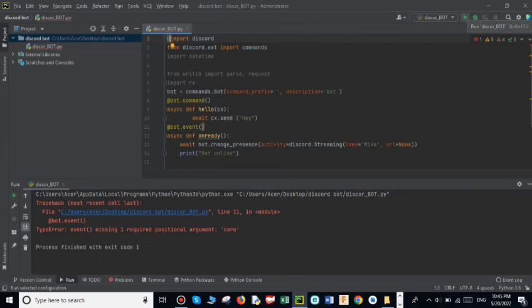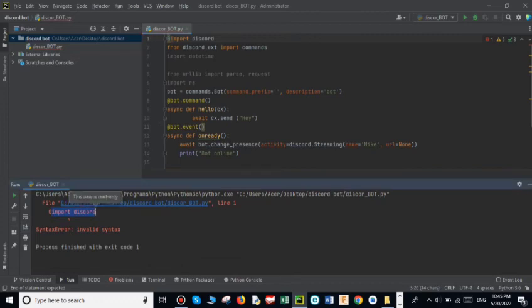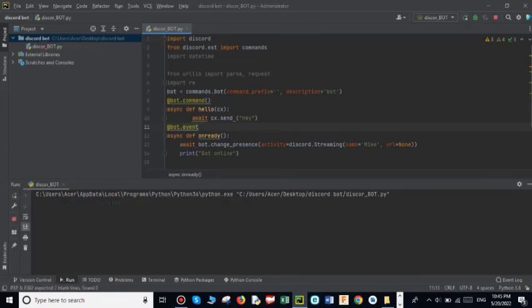So I'm just going to copy my token. All right guys, I had one problem: we press the run button and again see a problem, and I found that I put these two signs right here. You mustn't put the sign in event. So if I now press the run button, I will see,